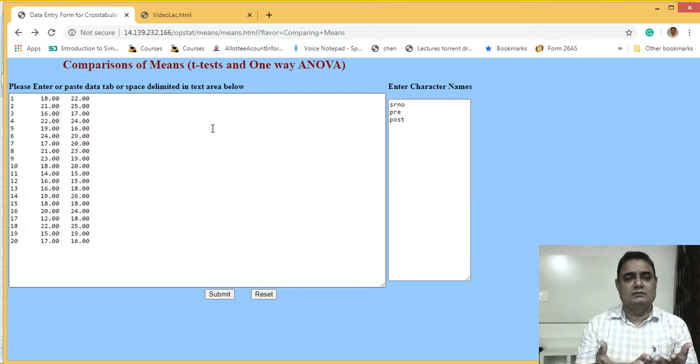If we have four groups, then we have to perform 6 independent sample t-tests: 1 with 2, 1 with 3, 1 with 4, then 2 with 3, 2 with 4, then 3 with 4. So 6 independent sample t-tests can be performed to check whether their group means differ significantly or not. So when the number of groups increases, the number of independent sample t-tests also increases.